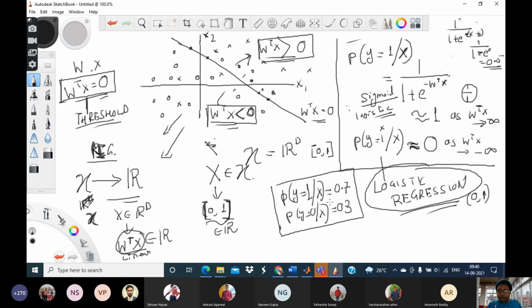So this way you can attach probabilities to the two classes. Now suppose instead of a binary classification, I want to do a multi-class classification. That is, it's not enough for me to classify it into one of two classes, but suppose there are multiple classes, let's say a, b, c, d, etc. Now that I have got my framework ready, I can generalize it in the following way. Probability y equal to a given x, I can write it as